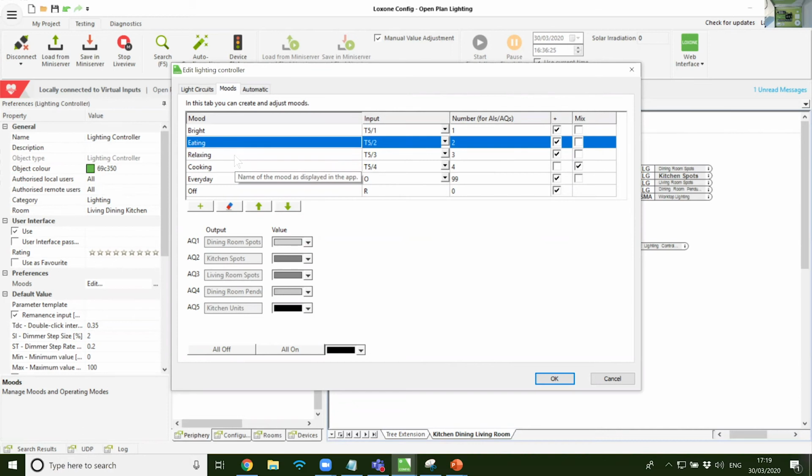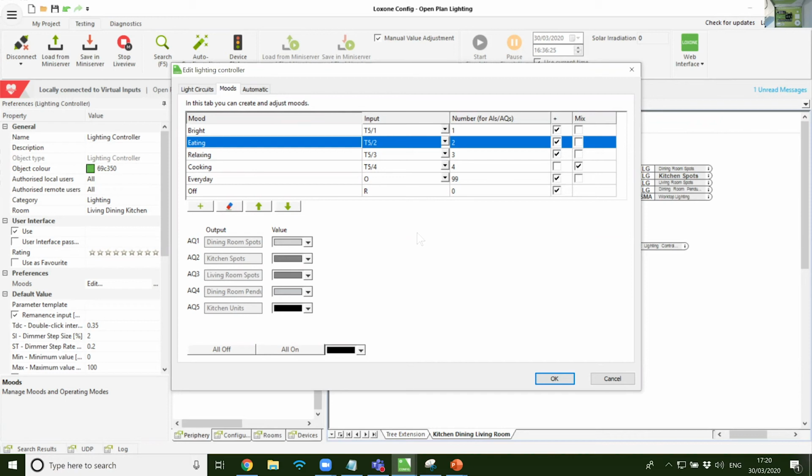But the reason I haven't done that, and I've created these two as purely separate moods, is because if we think about it, if I walk into the room and the motion sensor triggers the everyday mood, and then I go over to the dining table and I tap the dining switch, which just mixes in bright lights above the dining room but keeps the rest of the room the same,